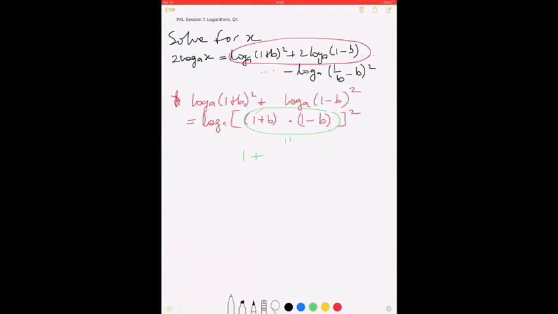Okay, I'm going to do 1 times 1 and then 1 minus b. So 1 minus b to begin with, minus b, and I'm going to do plus b, and I'm going to do minus b squared to finish, yeah? Which of course is equal to, b's cancelled there, 1 minus b squared. Okay, so this term here now